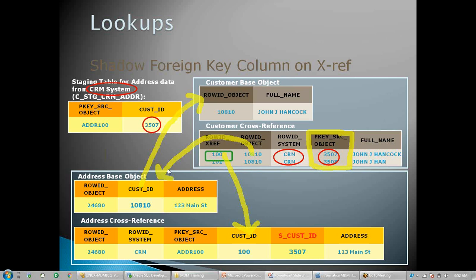It will always point to the parent. So always there will be one parent and one child, and in the child we pass the parent PK source object, whatever PK source object value we have stored in the cross reference table. 3507 or 350, it will pass, and that will get converted into the row ID object. Okay. Any question? No, okay.